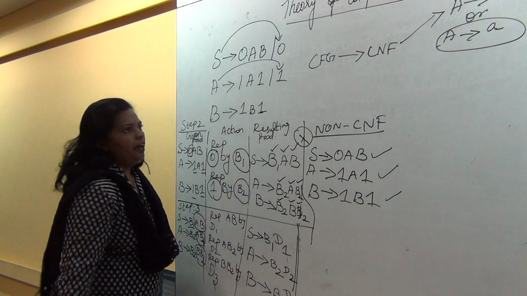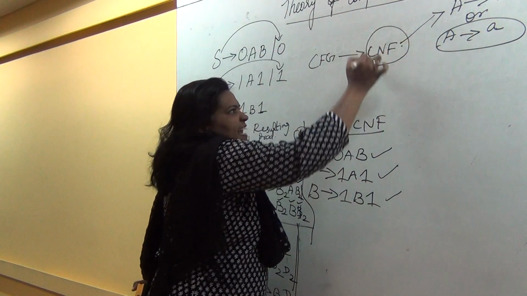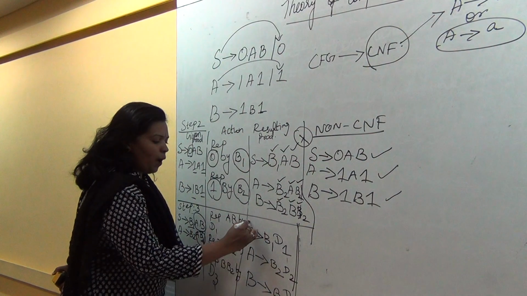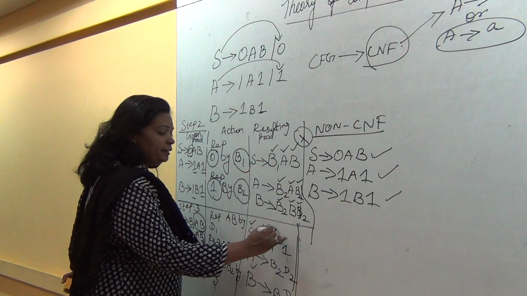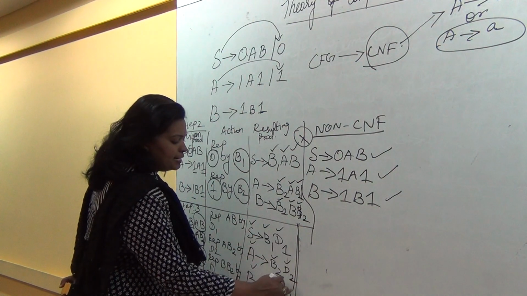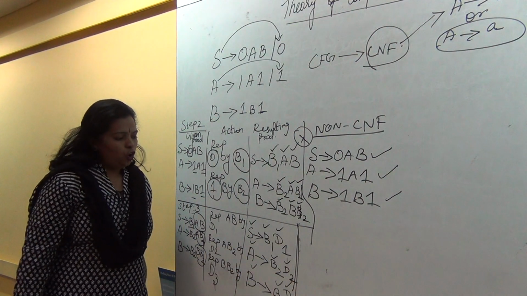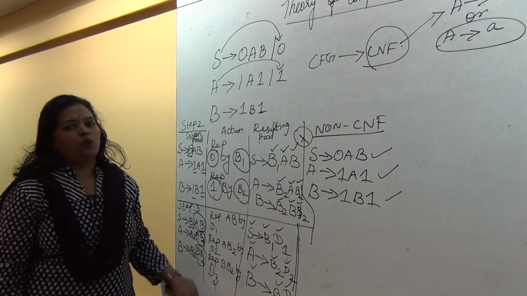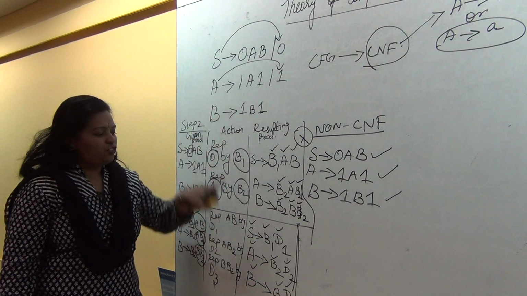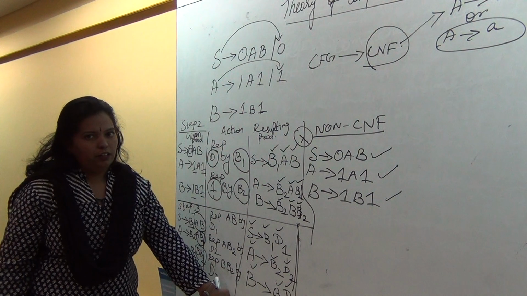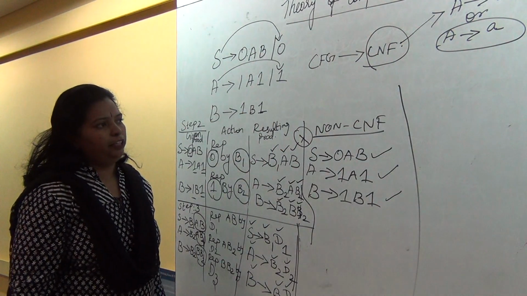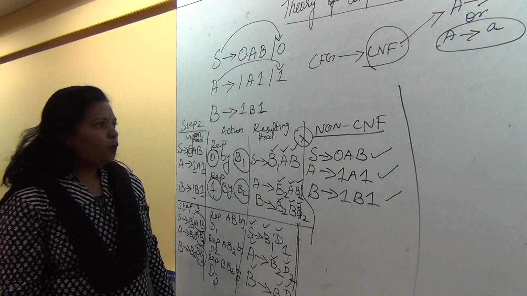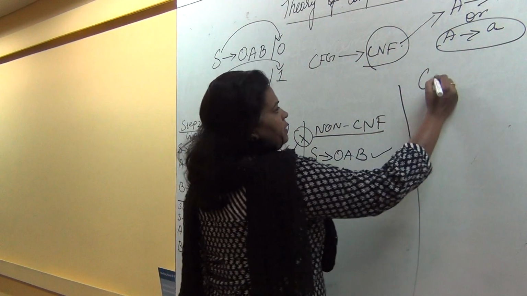As per the definition of CNF, we have 1 variable in the left hand side of the production and 2 variables in the right hand side of the production. So the entire problem is now converted from CFG to CNF. Now the final step, we need to rewrite the entire grammar in the appropriate format. How do we rewrite? We know that G is equal to